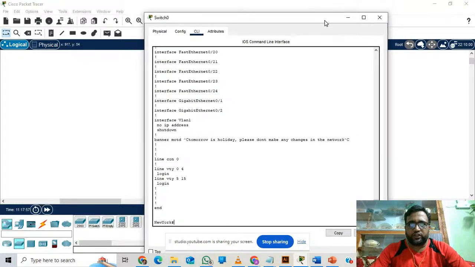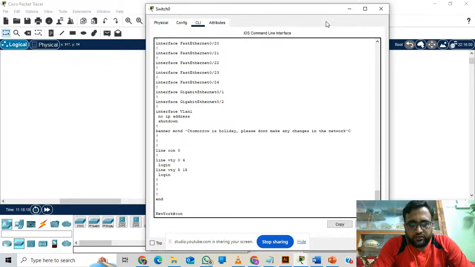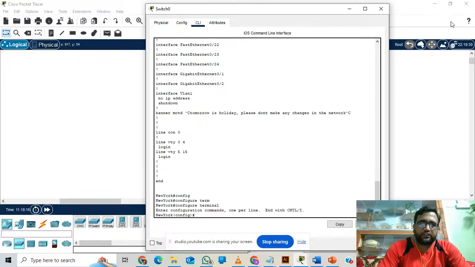Now we are moving towards the basic switch security. For the basic switch security, you are going to configure the switch in the global configuration mode. If I type the command configure terminal, I have entered into the global configuration mode. Here I want to secure my switch. So how will I do that? You will see that I will type the command